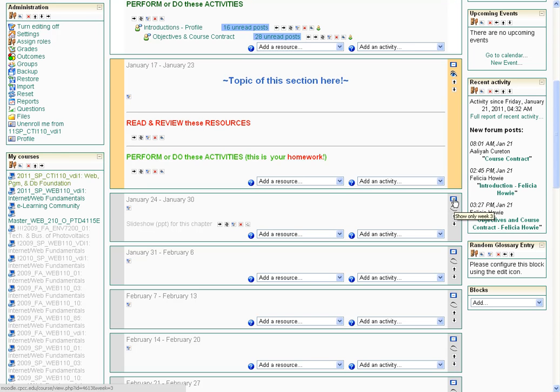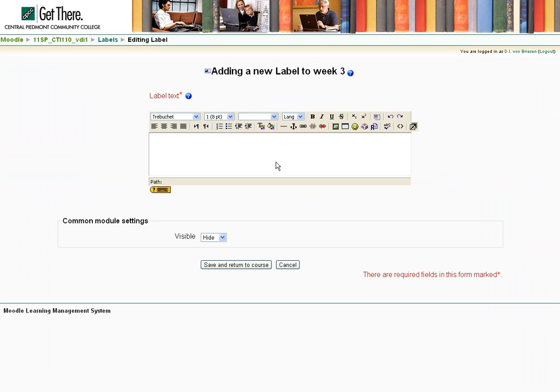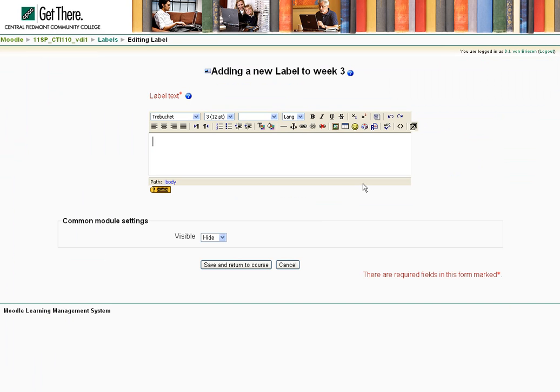And let me go ahead and show just this section. And another label. I'll put multimedia lessons, or we'll call it tutorials. Tutorials for this chapter. And we'll call these sound bites because that's the term the book uses. And then we're going to do another one, and I need to see, let's see if